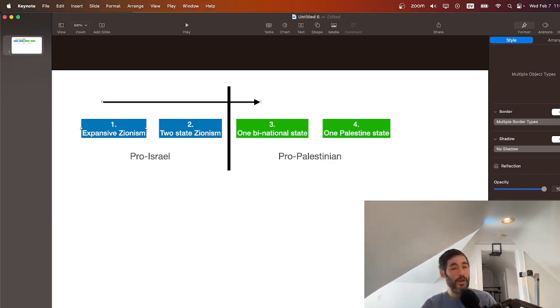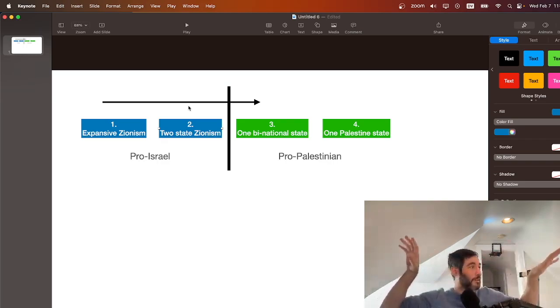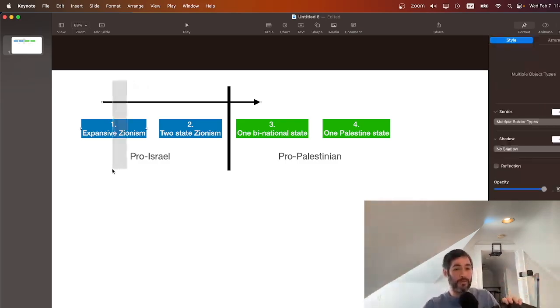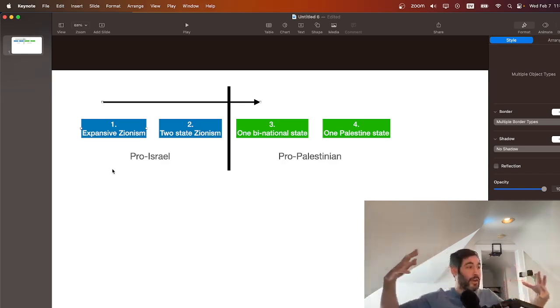So again, to pick up on what you're saying, Imagination Scene, there are two-state Zionists who believe in it still, right? And they say we can make it work. We'll make it work with non-contiguous land, right? Because that's also part of the problem. Gaza and the West Bank are not contiguous. The Palestinian sense of national identity includes Gaza and the West Bank. Israel, I think, worked very hard to specifically make sure that Gaza and the West Bank are governed by different governments, because part of Israel's goal in promoting expansive Zionism is to balkanize and split up the Palestinians, right? So can a balkanized Palestinian state exist?